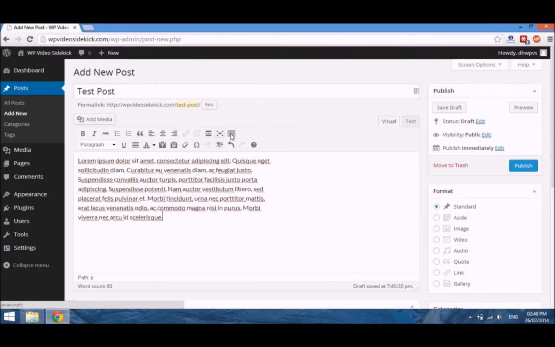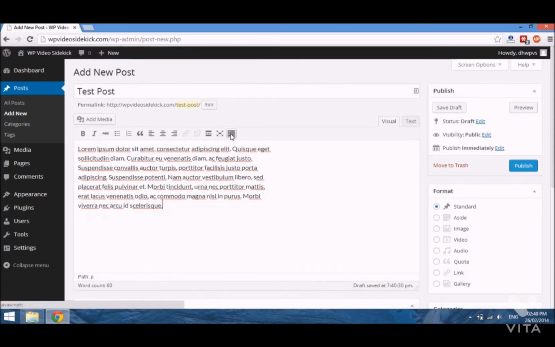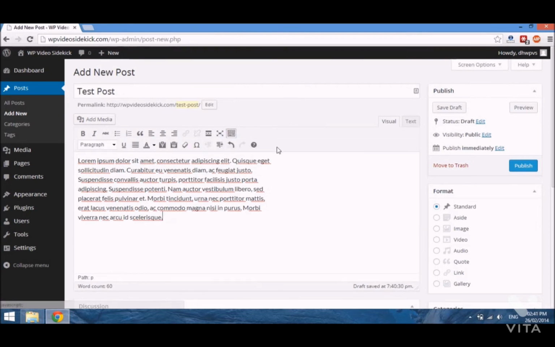Okay, and we have a button here that says show or hide the kitchen sink, and pressing this button would either remove or add that second line of options, which would give us additional styling options such as adding paragraph tags and heading tags to style our text. So very quickly, I'm just going to go and